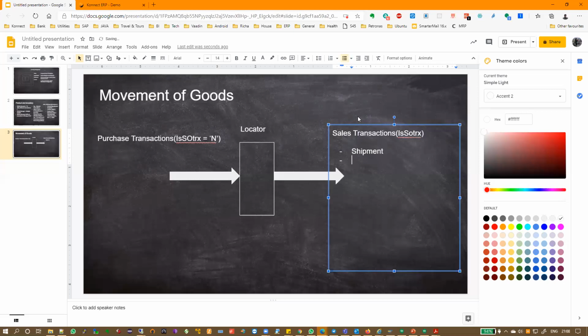Okay, so shipment is a common one, everyone knows that. Then what are the other transactions which take material away from the locator? Production issue. That means you're issuing material to production, so it goes out. Then the other transaction would be